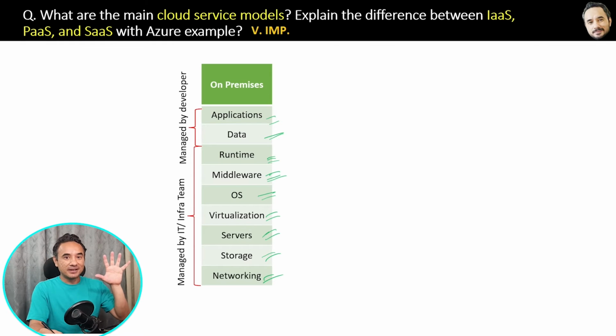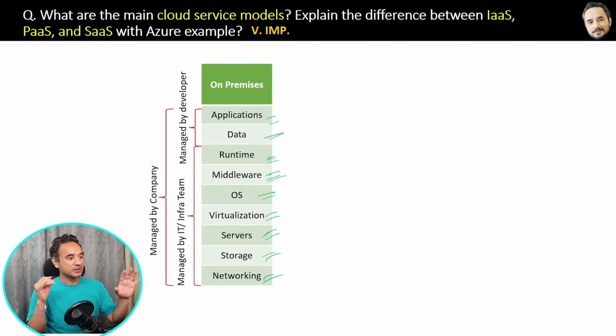Okay. Now, in the case of on-premises, which means these servers are present in your company, all these jobs will be done by your company only. Okay. Now, Microsoft Azure or any other cloud service will provide these service model layers from which your company can choose. Managed by the company, as I said, it's all managed by the company. But if your company uses Azure, Azure provides three types.